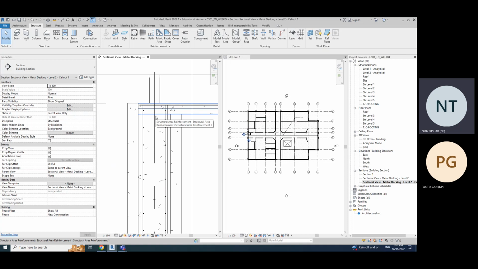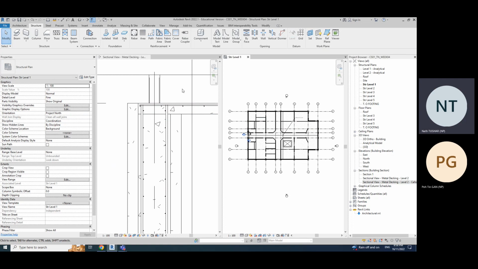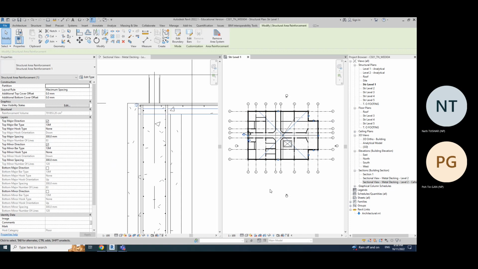No, you will revise. Wait, we are not done yet. So this rebar we finished just now, and now what we want to do is